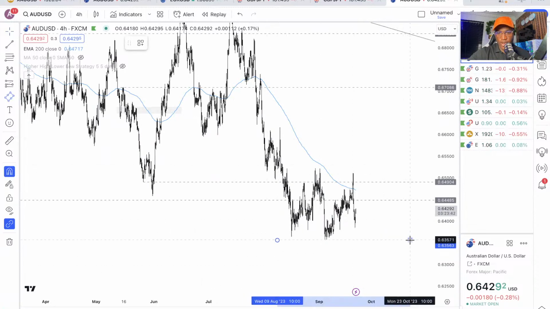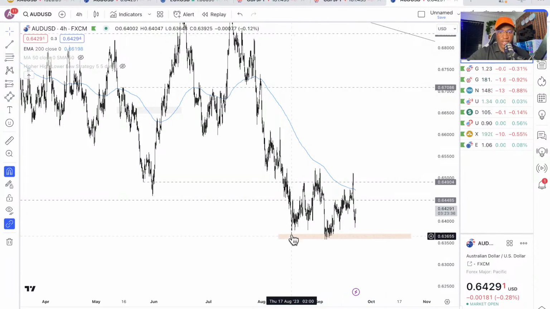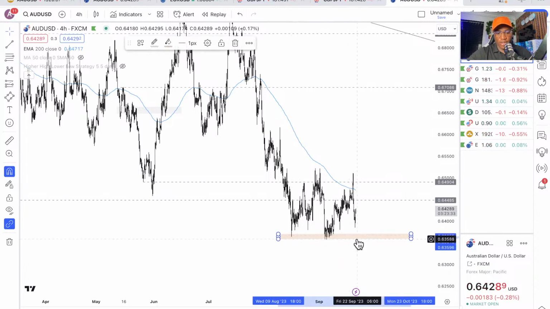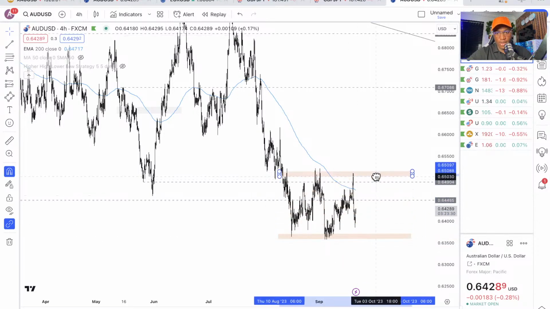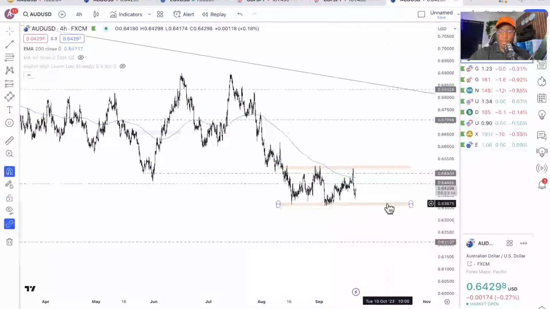So first we have to identify the key levels here. We can clearly see that the Aussie dollar has created a support level here, which I have just identified, and we can also see resistance. So it's looking like the Aussie dollar has been trading in a range since last week. We're seeing the Aussie dollar trade in a range, and you know what happens when the market